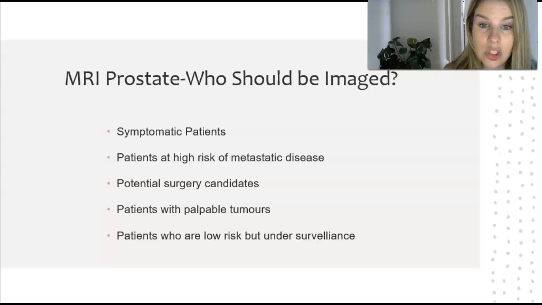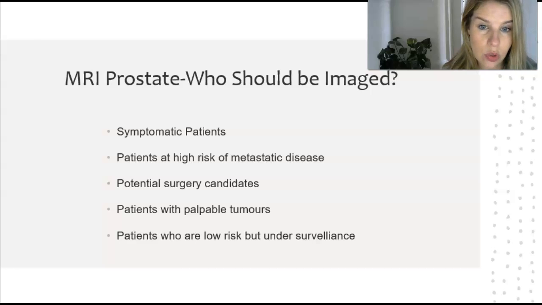Patients who are potential surgery candidates, so you may or you may not know there are different routes to go down for prostate cancer. There's radiotherapy, there's surgery, there's hormonal treatments, there's a combination of all. So patients who are potential surgery candidates would have an MRI scan to look at whether there's any extra prostatic disease, essentially. Patients who have got palpable tumours, and then also patients who are considered low risk,